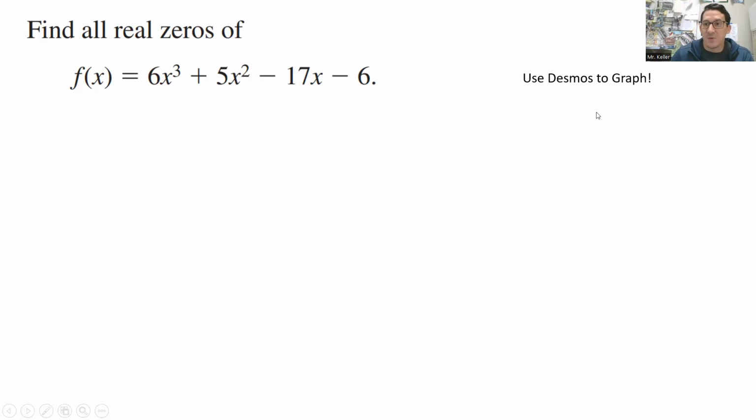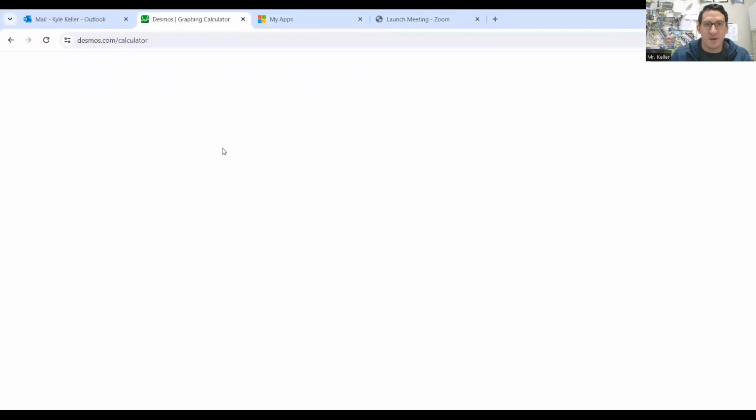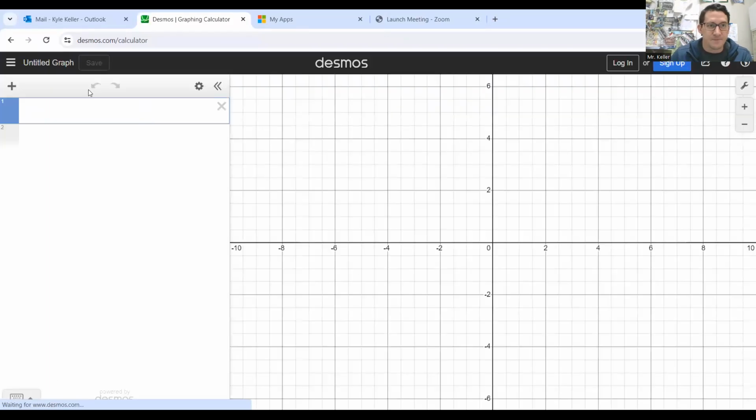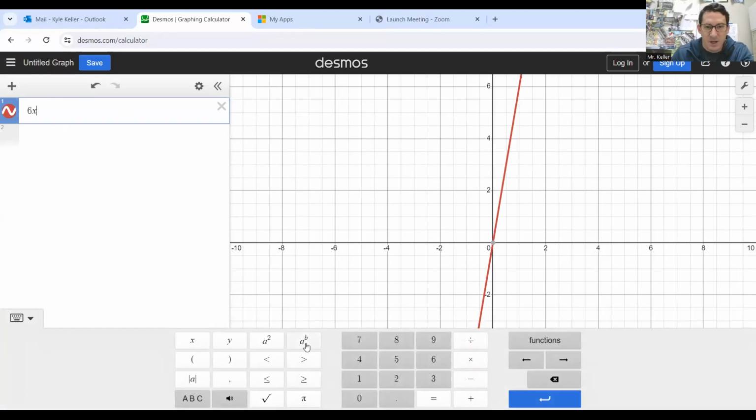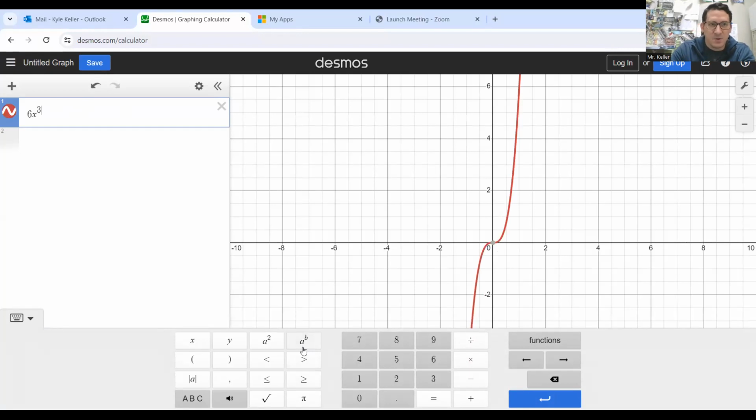What we are going to use today to graph these things for us is Desmos. You just go to desmos.com and use their graphing calculator function. Then you put in the function that we had: 6x cubed plus 5x squared minus 17x. To put in powers, you click the keyboard button here. There's a power button, so 6x cubed plus 5x, just push squared here, minus 17x